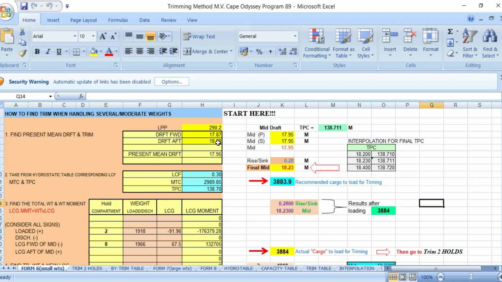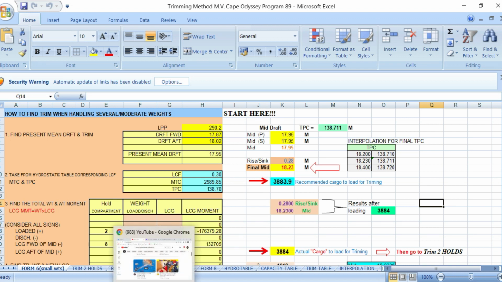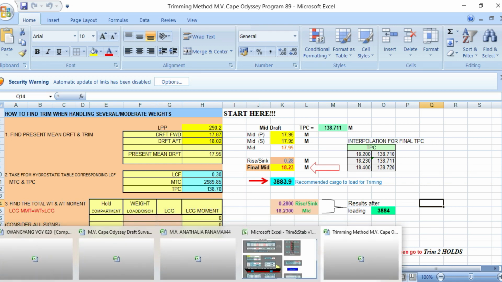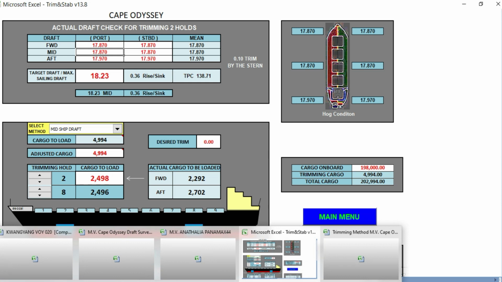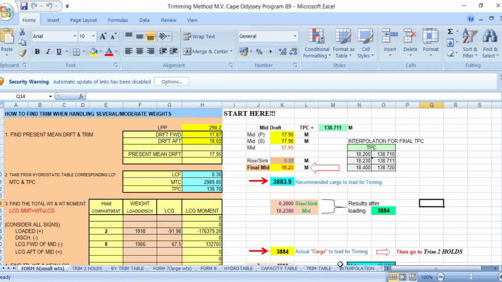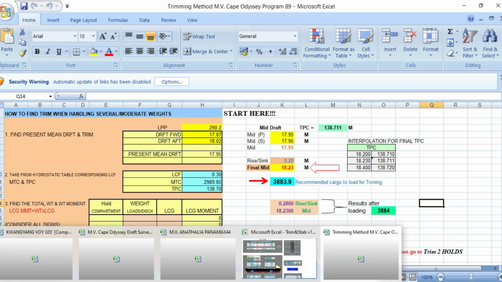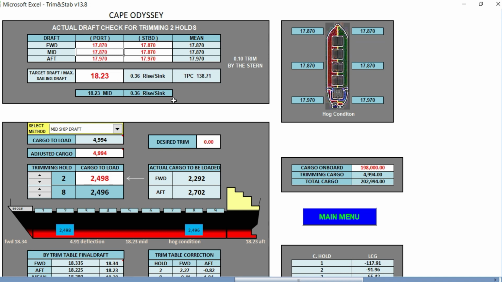We have or drop 1787. 17.87. V drop is 1795. 17.95. And your